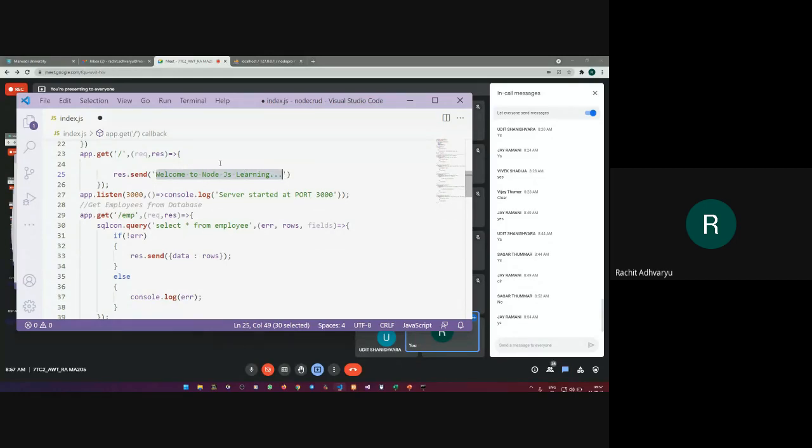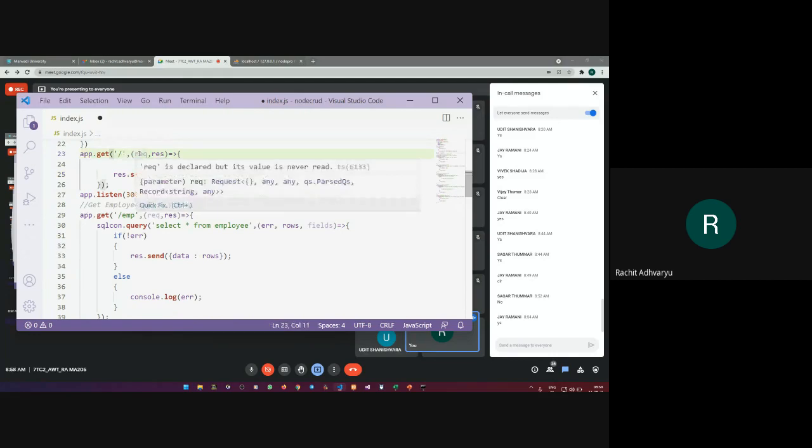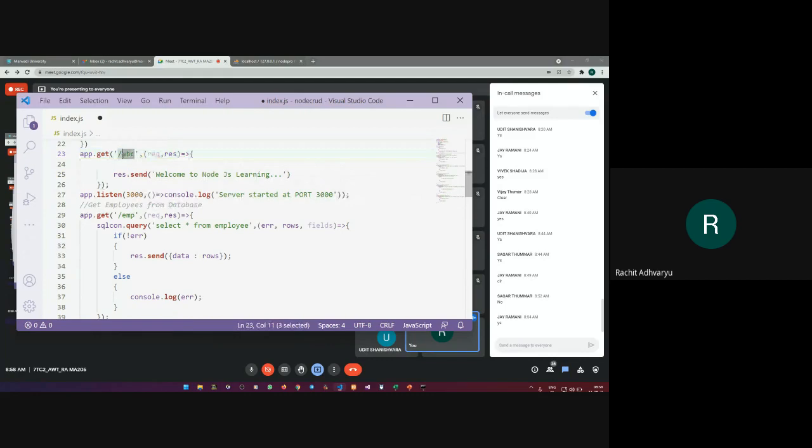So if I write slash here, it means that immediately once the server starts, I want to print this thing. But if I write slash ABC, then this is my URL. So this first part is your URL part, what you want to print and through which URL.